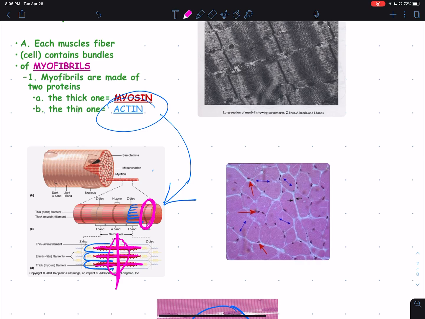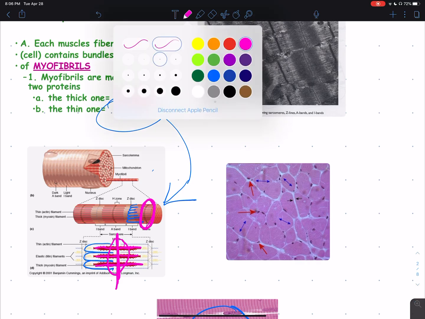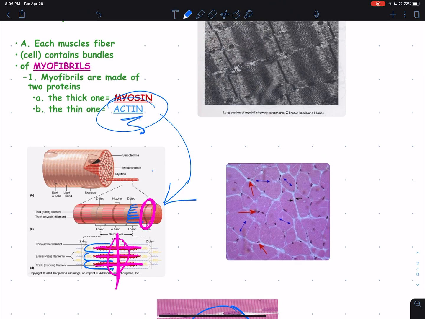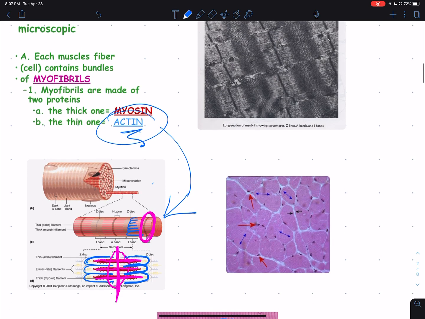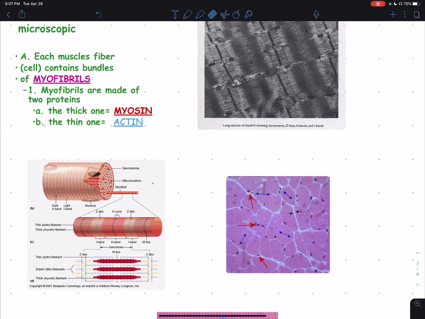And as it's reaching out down either side, it's going to be surrounded by that actin. So again, here's the actin, here's the actin, here's the actin. Okay, so I'm just drawing it repetitively to not pick up my pen, but these are going to be chemicals that are working together to cause this contraction. Now, this is kind of hard to understand, and this is why we waited till the end of the year to go over muscles, because it is so complicated here, okay? Before I move on, I was going to show you the cross section